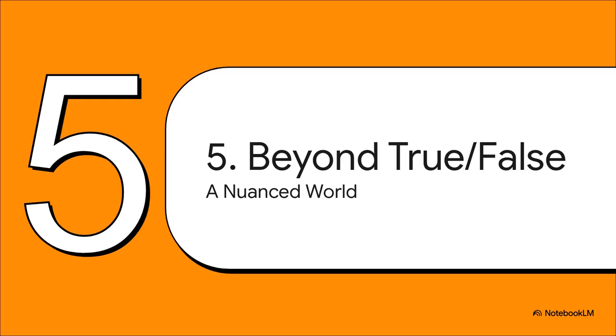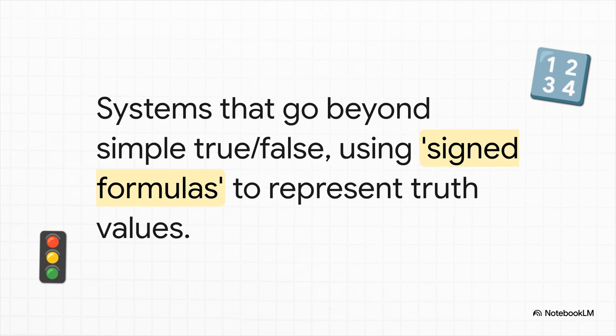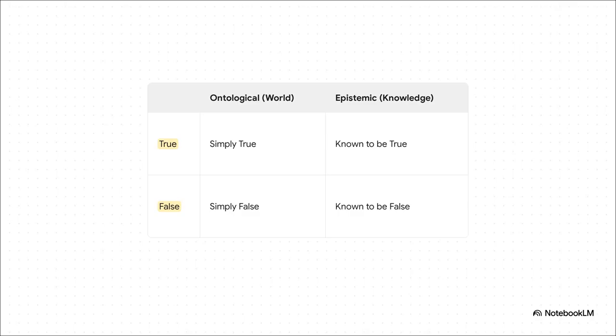But wait, there's more. Seriously? The rabbit hole goes even deeper, because once you accept truth and falsity as equals, it cracks open the door to a world that goes way beyond a simple binary. Once you start treating truth and falsity as these two fundamental forces, you unlock something incredible called many-valued logics. In these systems, truth is no longer a simple on or off switch. All of a sudden, you can have shades of gray or even totally new kinds of truth values you'd never considered before. Logicians like Zaitsev and Shramko pushed this idea even further.